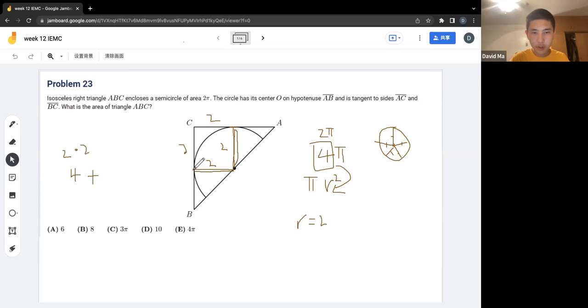And we also have 2 triangles here, which have a side length of 2. So these 2 parts are 2, which means that the area equals a half